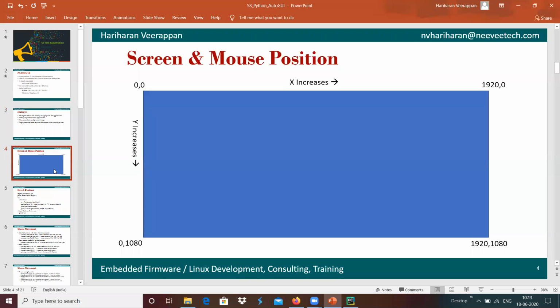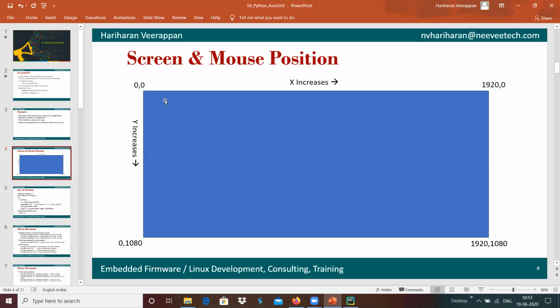Here we see a full high definition screen that we can display.